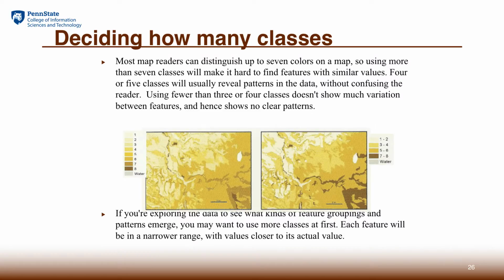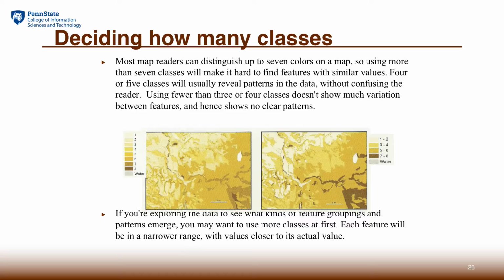Our previous discussion basically assumed you already know how many classes you want to form. But in fact, this question turned out to be not an easy one because it's not clear which class numbers will allow the patterns to show up. For example, the map in the middle of this slide shows 9 categories, and the other map shows 5 categories. Whether they are meaningful, whether the pattern you're looking for shows up, is not clear.